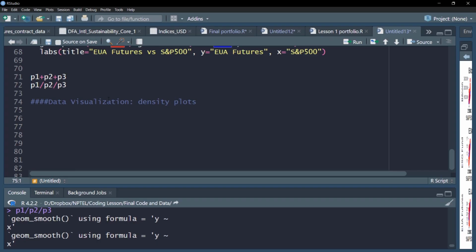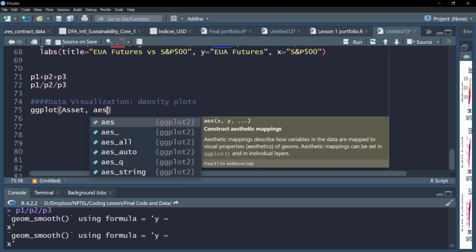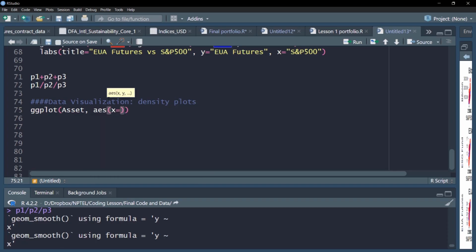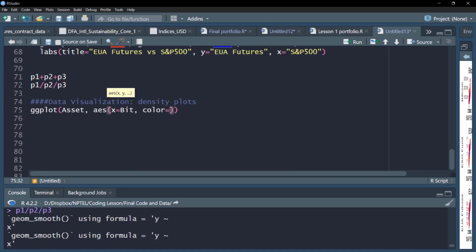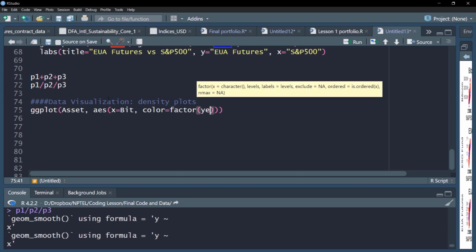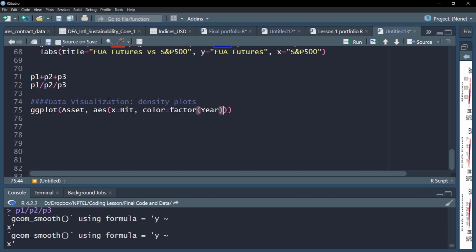And as we did earlier, again, we'll make use of ggplot command. First, we'll specify the asset object. First we'll do for Bitcoin. Notice I want to have the density visualization across different years. So I'm using this factor year, which will specify each year as a factor, an individual year as a categorical variable.